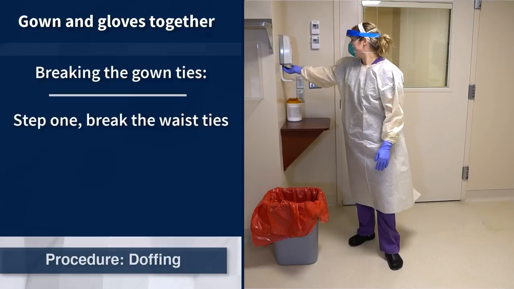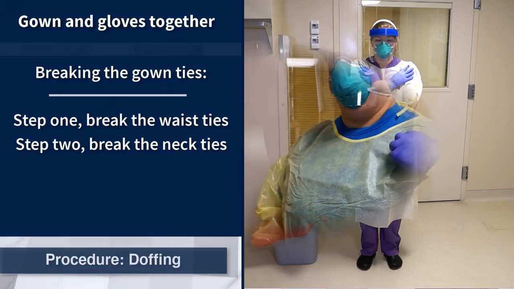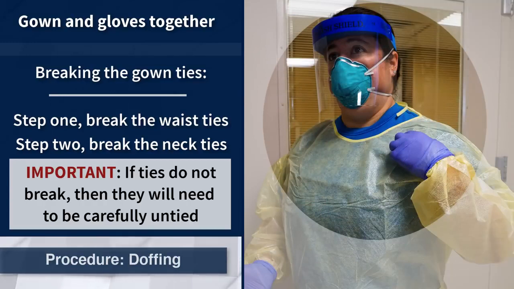Begin first by pulling at the gown's midsection to break the waist ties. Cross the arms to grasp the front of the gown below the shoulders and pull the gown firmly away from the body to break the neck ties. If the gown does not tear away or the ties do not break, the healthcare worker will need to safely